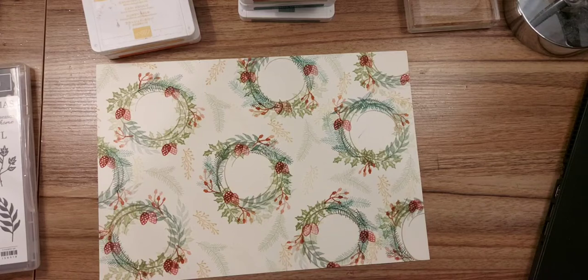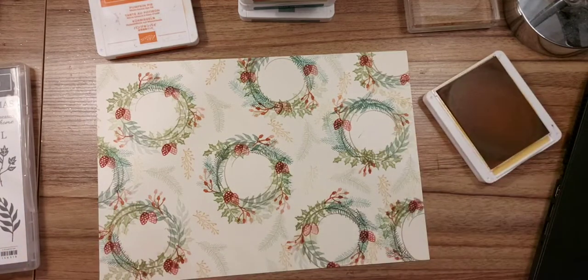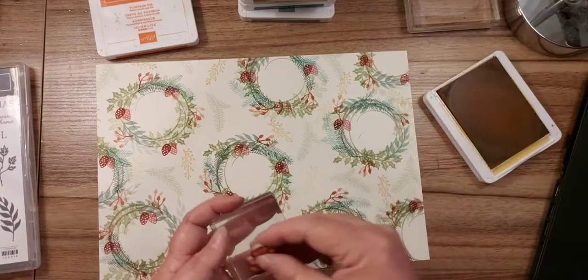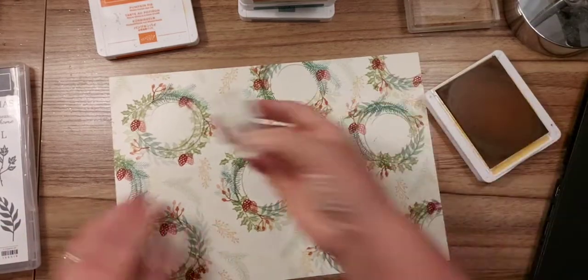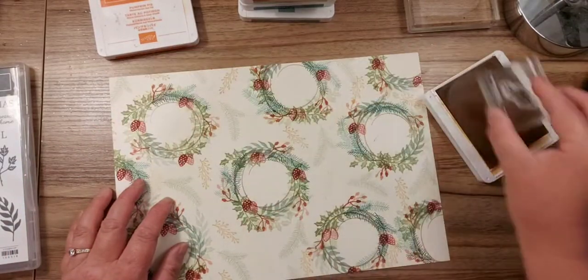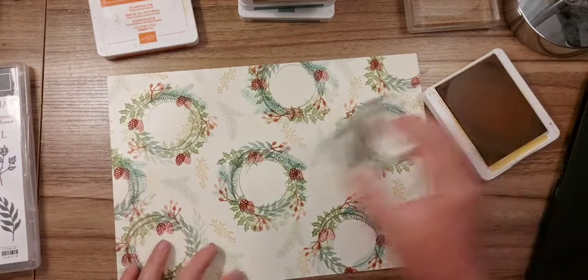Right, let's put some... That was a good point. I didn't put any of these, the yellow, into the actual wreaths, which I think looks quite... You can just about see it in the background of the wreath then, and it gives it a bit more...